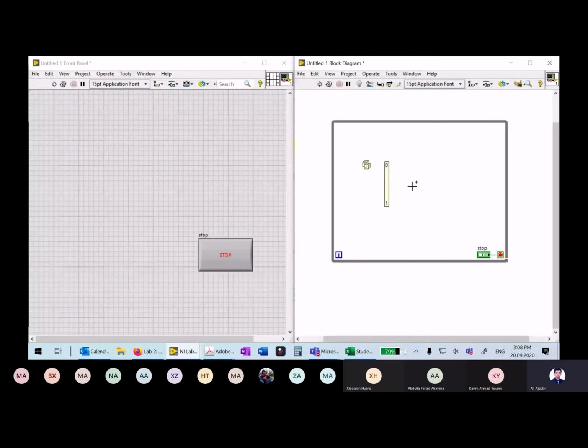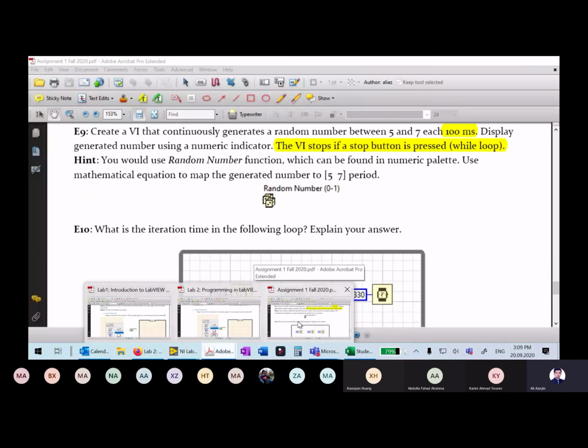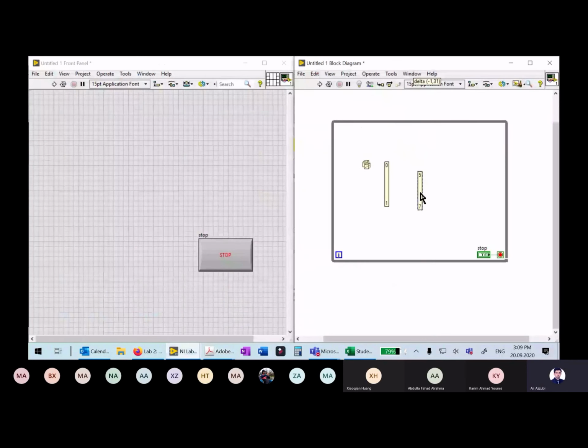Now what I need, the question says map these to become from 5 to 7, right? It says 5 to 7. Okay, so how